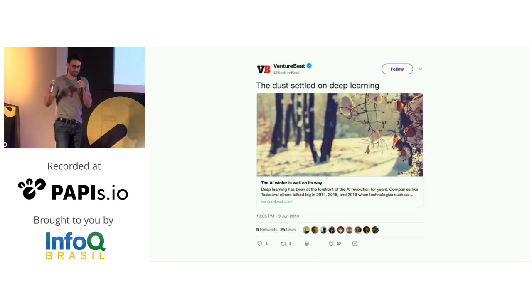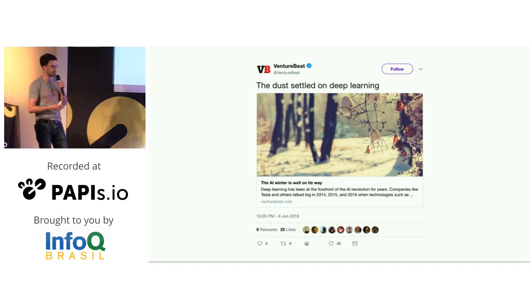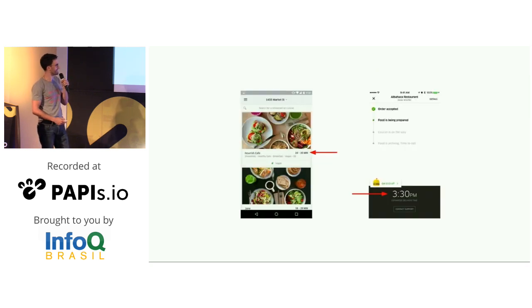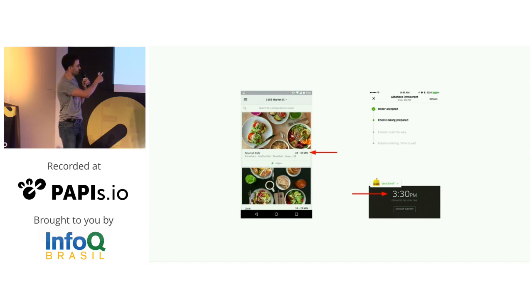But it seems that people are realizing that things are changing and the level of hype is going down a little bit. There was this piece on VentureBeat about the fact that deep learning might not solve all the problems of the world, apparently. But I think that there are some really cool use cases of machine learning and deep learning in apps to make them more useful, to add smart features. This is taken from the presentation that we had last year from Uber on Uber Eats, where they predict how long it's going to be to get your meal.